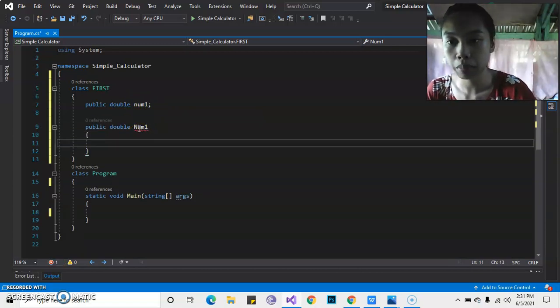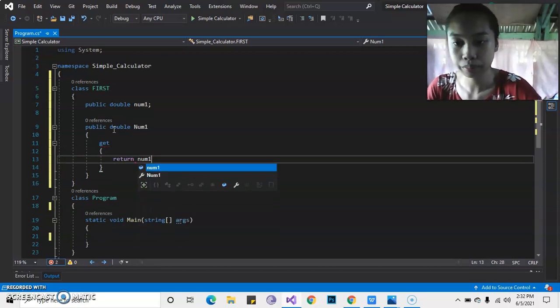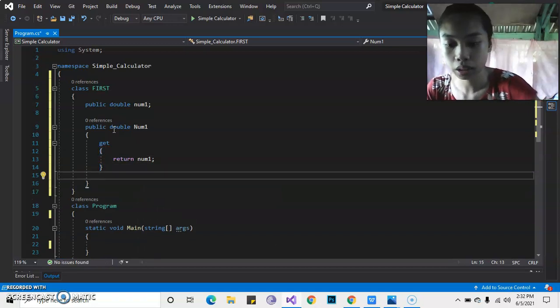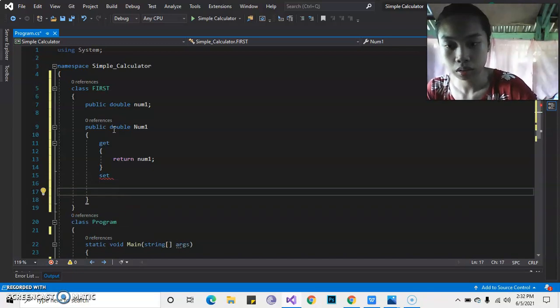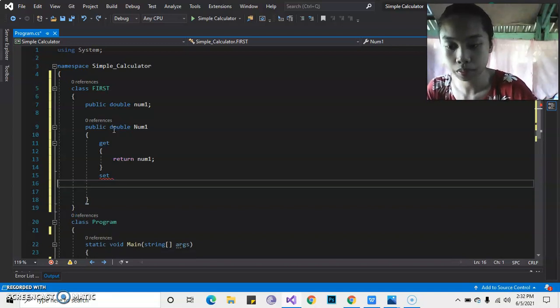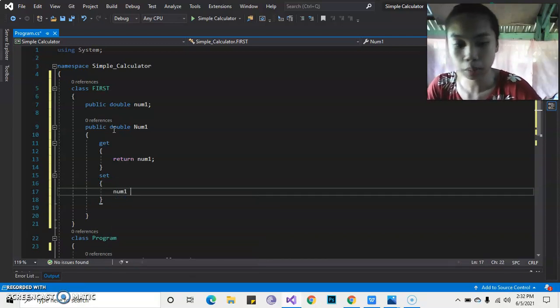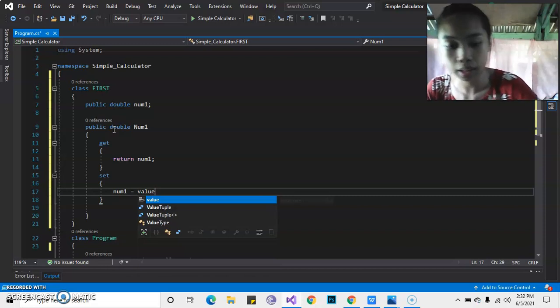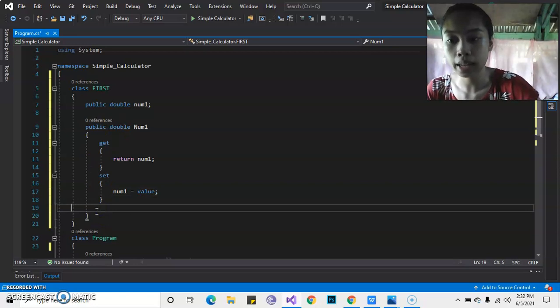So, our method, which is the get. Then, under that is our return num1. Num1 set. Sorry, set. Oops. Set our num1 is equal to value. And then semicolon. So, under that is maglalagay na tayo ng ating